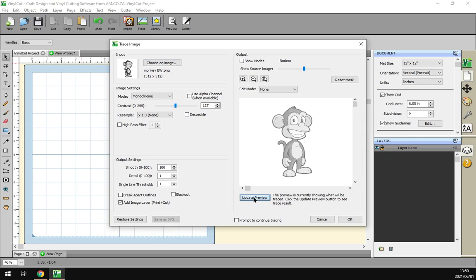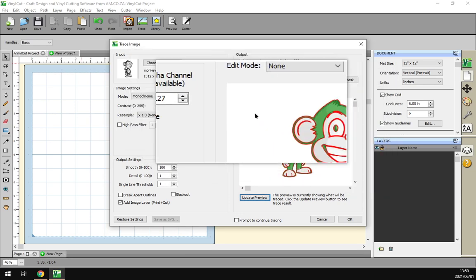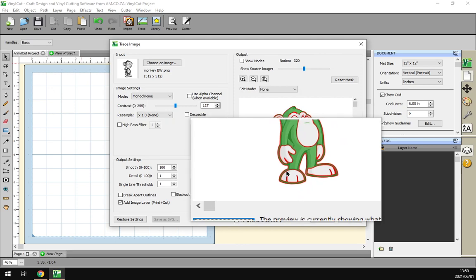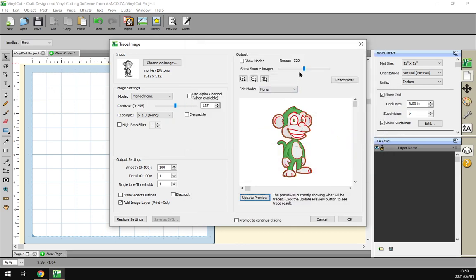So if we update our preview here, now on the right here, we can kind of see what it's going to cut out. So based off 127, that value, it'll be cutting out all these individual shapes. Now I'm just going to set my source, show source image, so it's more one-toned, so we can see what is cut. Now if we adjust this value to the left and right, we can see how it changes